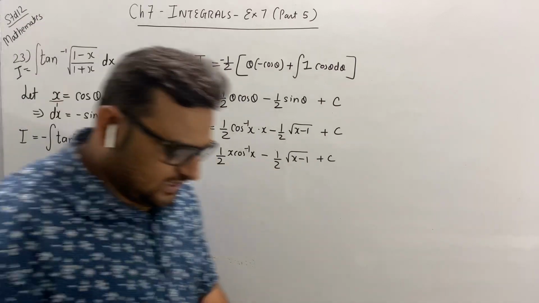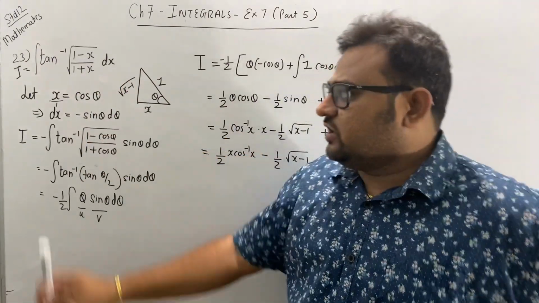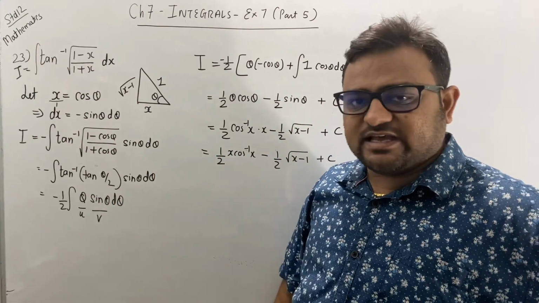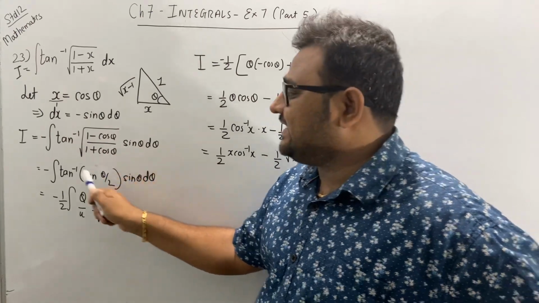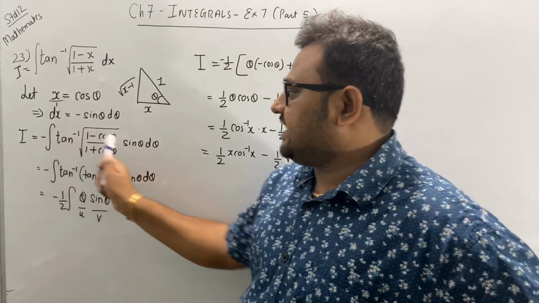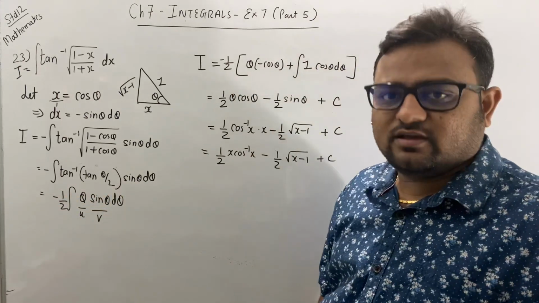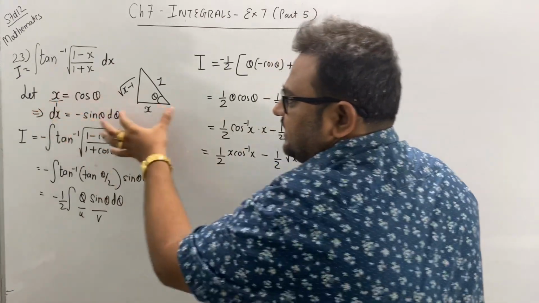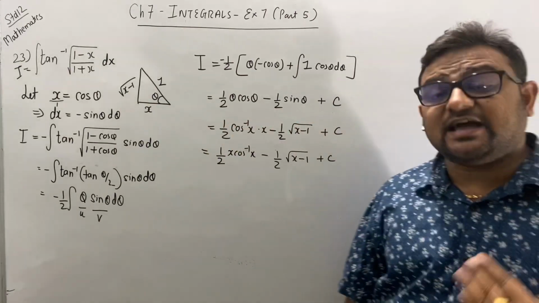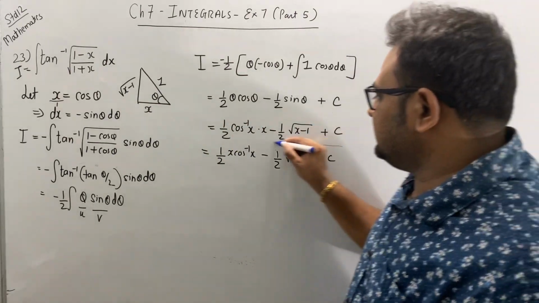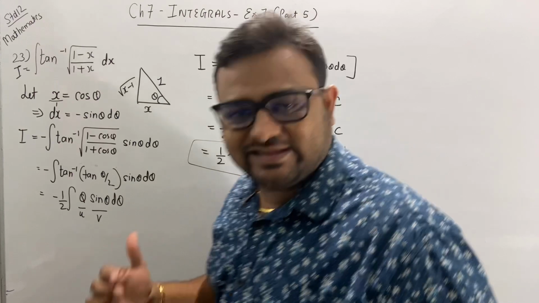Clear? I'm repeating this. How have we done it? First, we have taken x as cos theta. So differentiating, dx is equal to minus sin theta d theta. We put the value of cos theta instead of x. This is tan square theta by 2 and square root, so tan theta by 2, into minus sin theta d theta. And finally, we used integration by parts, uv. Then we completed this triangle and using Pythagoras, we found out this side and then replaced the value of theta, cos theta and sin theta. Clear? So this is your answer. Just go through question number 23.